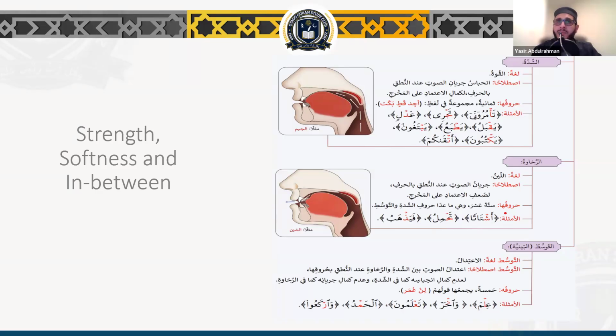The ra is very similar because they are close by. And then if you remember, we said the lam is that you're touching from the tip of the tongue, while the ra, the tip of the tongue is the open area, and then you're touching from the sides of the tongue. So you say ar,